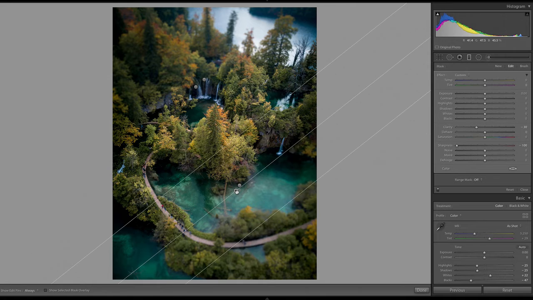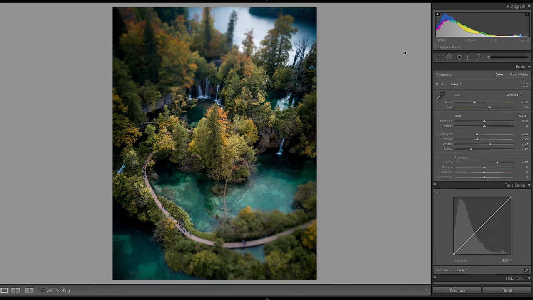The tilt shift effect works better when there's more of a small sliver in focus. Something like this. But because I want those people, it depends on what you want. Do you want these people in the frame in focus? I think I do. So I'm going to go ahead and keep this sliver of focus pretty wide. But I do like it being a little bit more horizontal like this. So I'm going to click done.